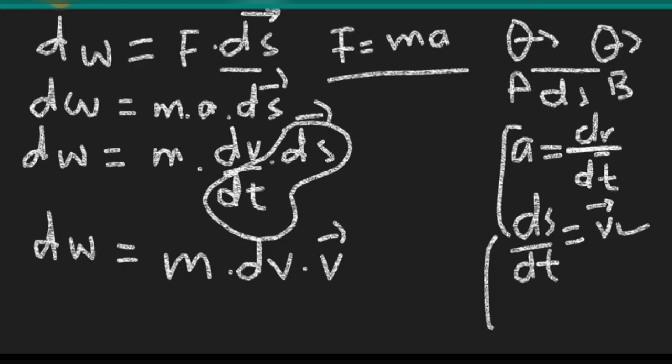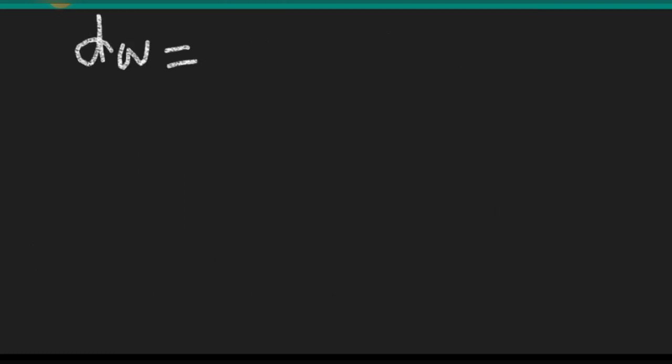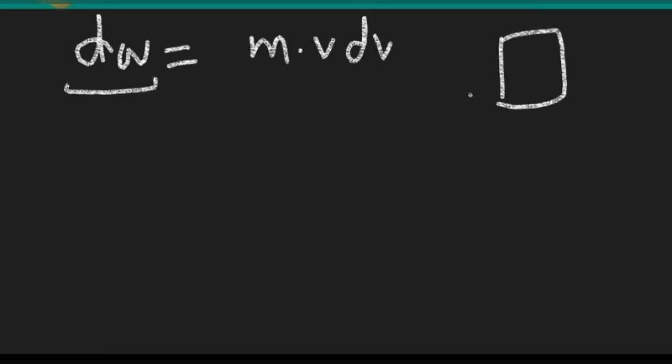So here again, dW is equal to m dv multiplied by v, that is dW equals m v dv. Suppose this is the small work done on this object. Suppose this is object A, it has mass m. I am showing the figure here. Small work done is dW, and if we calculate the total work done on this object, we will integrate dW